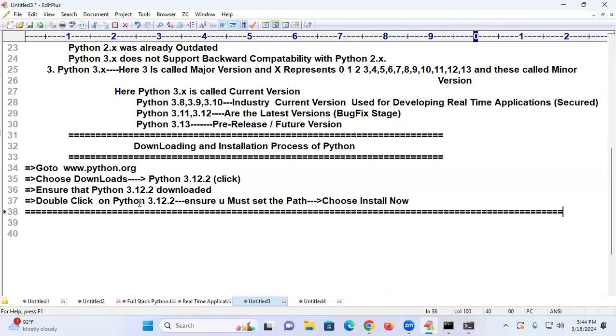Understand? Whatever I am explaining, I am showing in the class practically by going to the official website. This is what you need. I'm going to explain analytics projects in the class. This is exclusively a Python class, a branding class for Python. Students online, I hope you are understanding.